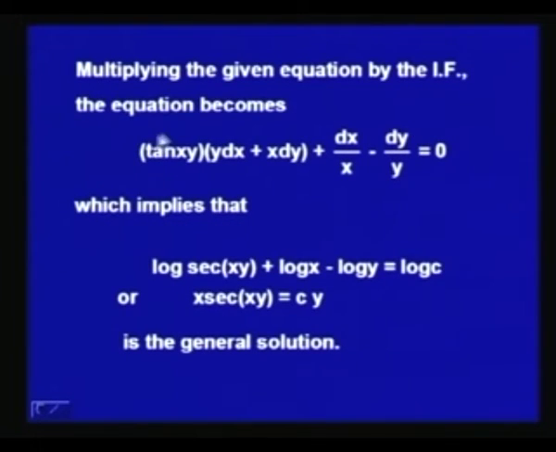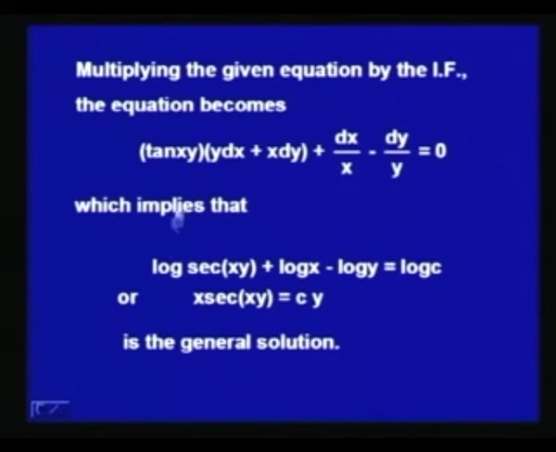Let us multiply the given equation by this integrating factor. The equation becomes tan xy into (y dx plus x dy) plus dx over x minus dy over y equal to 0, and which will give us... now y dx plus x dy is the exact differential of xy. So the first term can be written as tan xy into the differential of xy, and therefore,